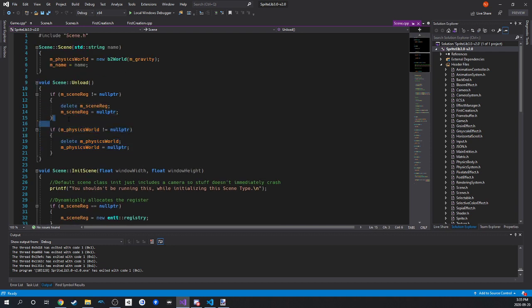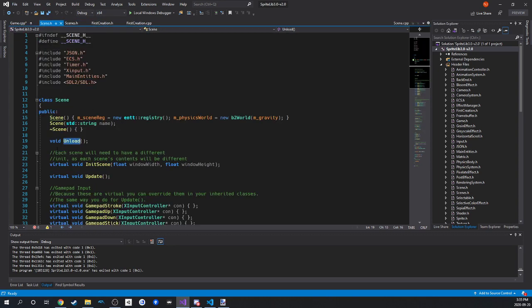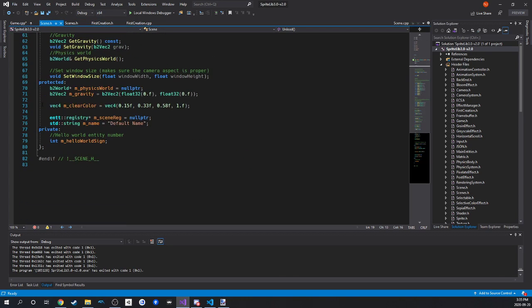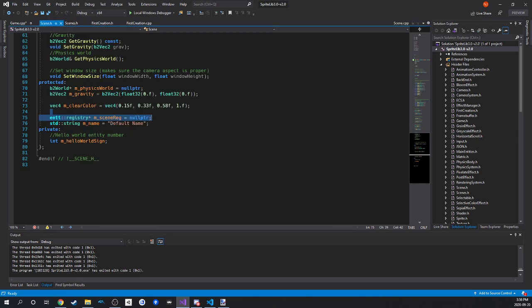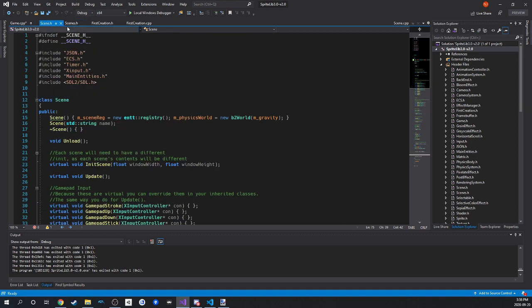Technically the scene registry is a part of this class, so it should be cleaned up in this class. This way you don't lose track of things, you don't confuse things, you don't just mess things up. You don't want that. But essentially, now that we've done that, everything's being cleaned up automatically for us,